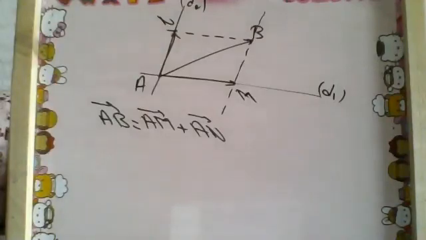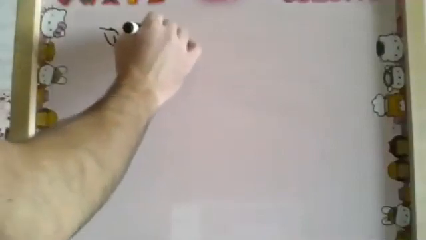Now for the opposite vectors, negative. Two vectors, U and V, are